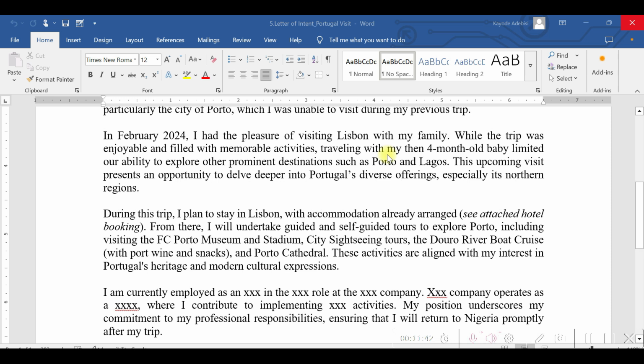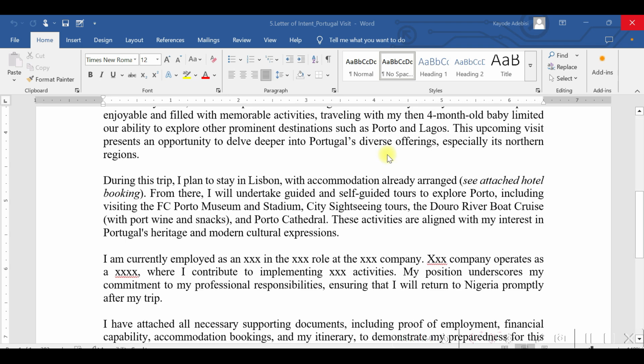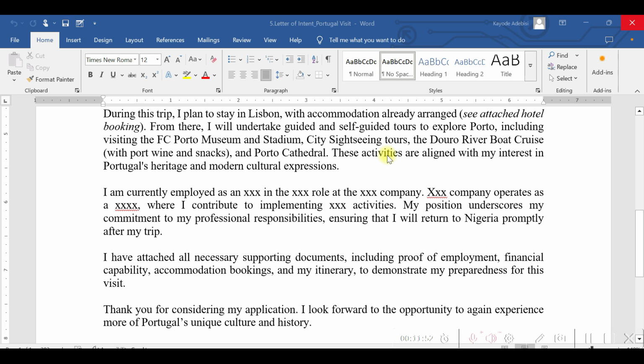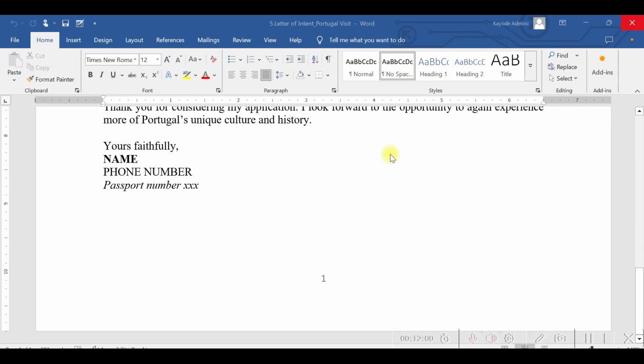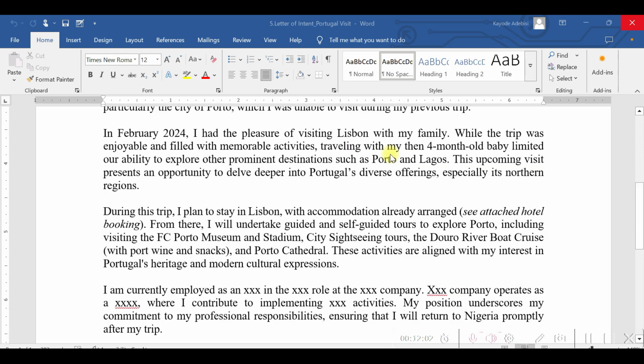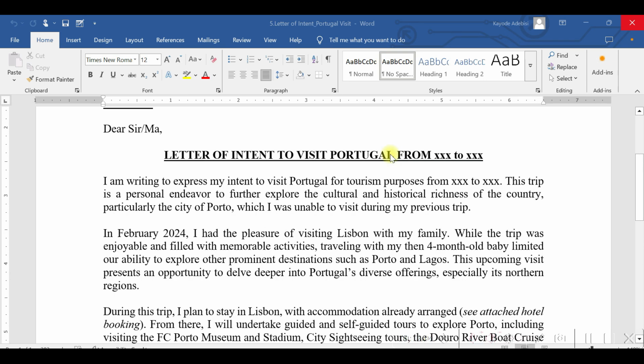Also, he provided information on what this trip will entail, providing information around booked arrangements for accommodation and what have you. Then, of course, he went on to provide his work background, right? Provided information around documents that have been attached. Then, of course, he concluded. Basically, a simple one pager, you are done with the letter of intent. I mean, again, this is a visiting visa, so not much grammar and not much talk, right? But then the visa was of course approved.